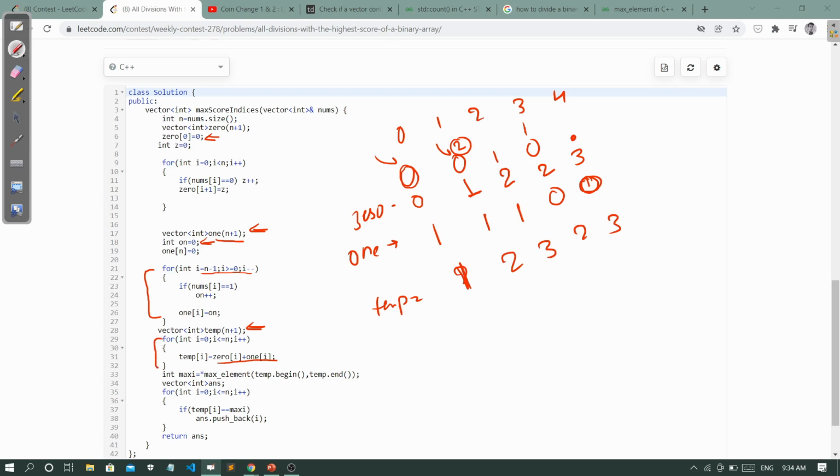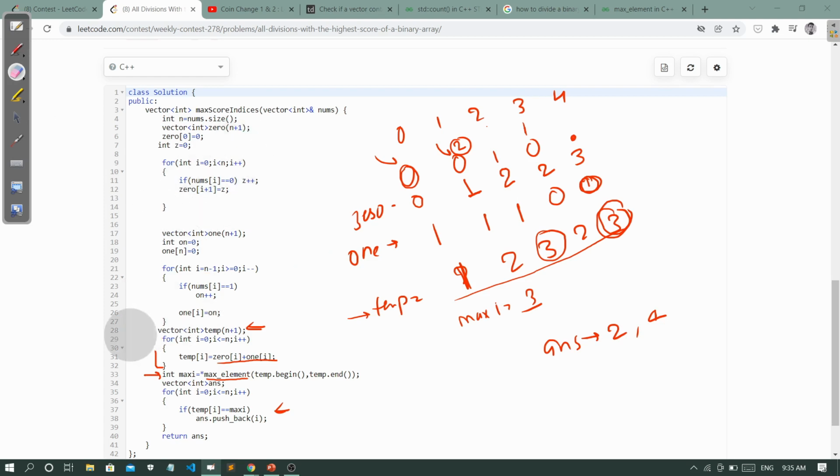After that we calculate the max element in the temp, using a built-in function in C++ vectors, and in the maxi variable we get 3. Then we traverse the array again and check at which index 3 occurs. 3 occurs at index 2, so push 2 in the answer vector, and also at index 4, so push 4 in the answer vector, and after that return the answer.